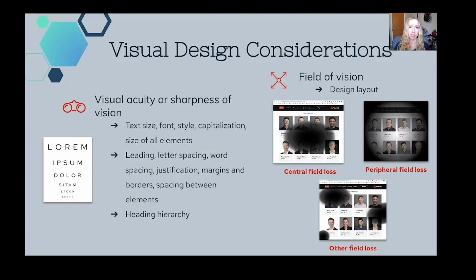Let's talk about some visual design considerations. We'll start with visual acuity, or the sharpness of a user's vision. Some things that will affect this are going to be things like text size, font, style, capitalization, size of all the elements, the leading and different types of spacing with letters, words, and margins, and also the heading hierarchy of a page. But field of vision is also something that will affect a user's experience with a design, and this